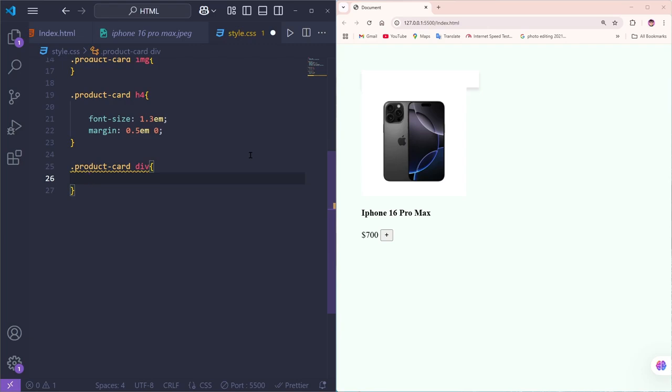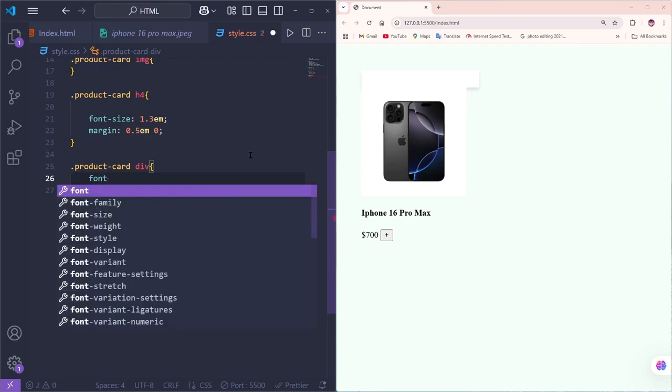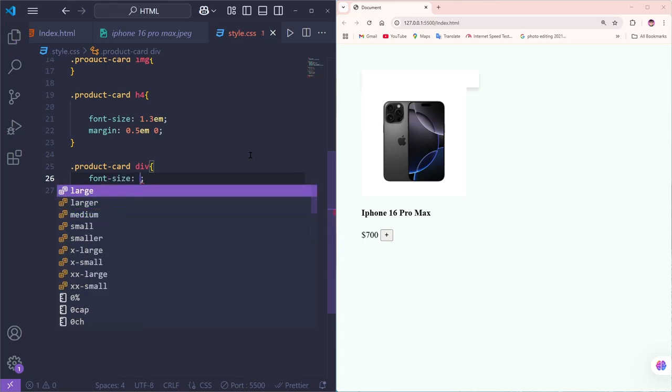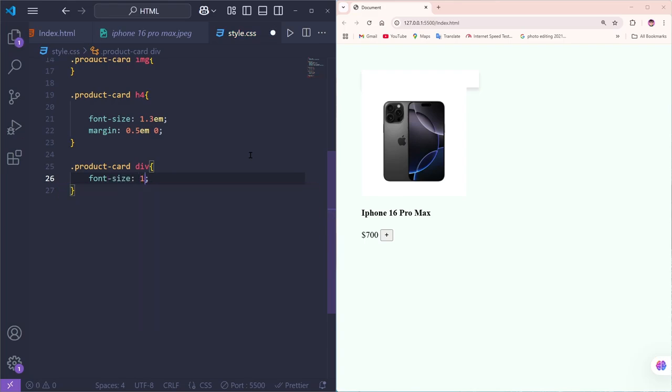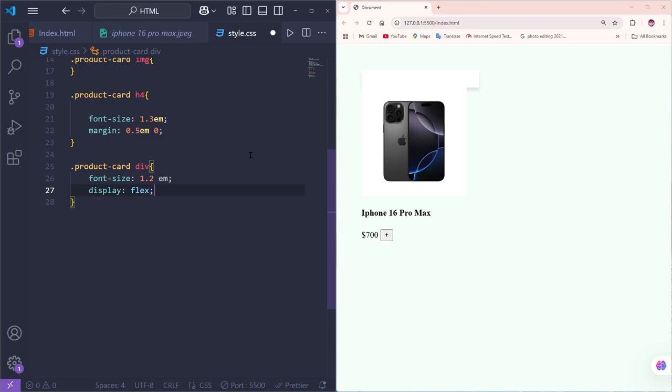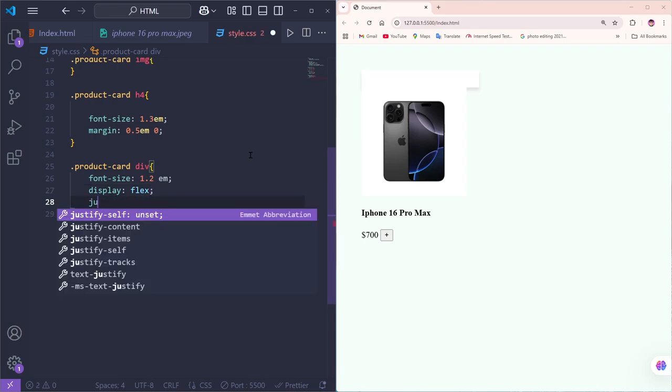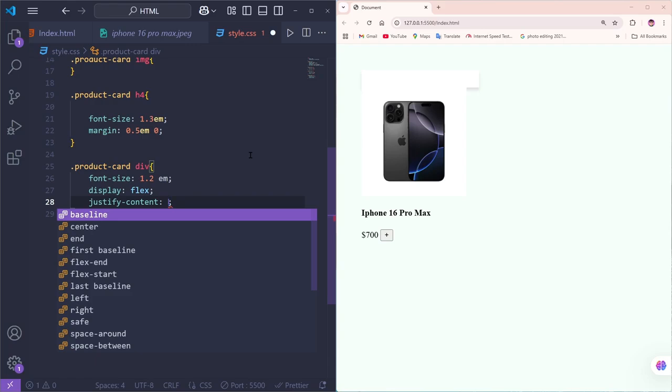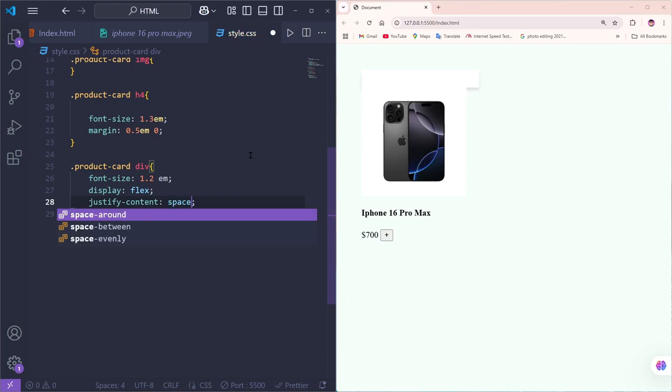In the curly brackets we can simply add the font size, and the font size should be 1.2 em, and then we can simply add the display, and the display should be flex, and justify-content space-between. We can simply add them, and we can simply save it,